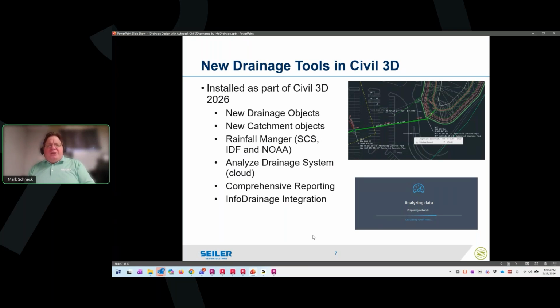So we have new drainage objects. Catchments have changed. If you used catchments in the past with your pipe networks, there are new updates to that. We have new features that allow us to use some of these analysis tools. We have a Rainfall Manager built right into Civil 3D that includes basic IDF curves, SCS type of time-based rainfall events,